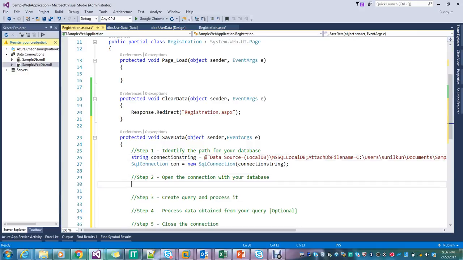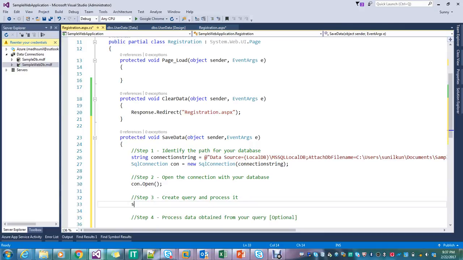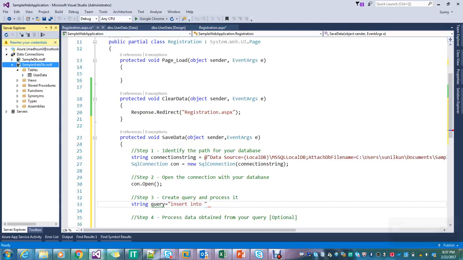The next step is opening the connection with our database, con.open. Our next step is to create my query, because our database doesn't understand any other format of querying. It has a command that should be sent in SQL format itself. So here my query is inserting. Insert into, what is my table name? That is user data. Insert into user data,